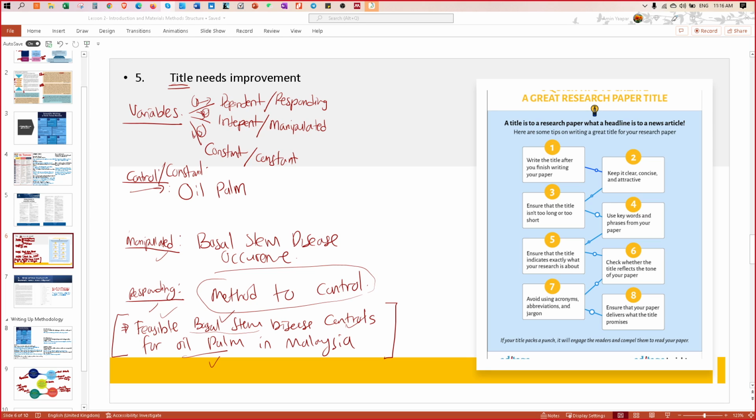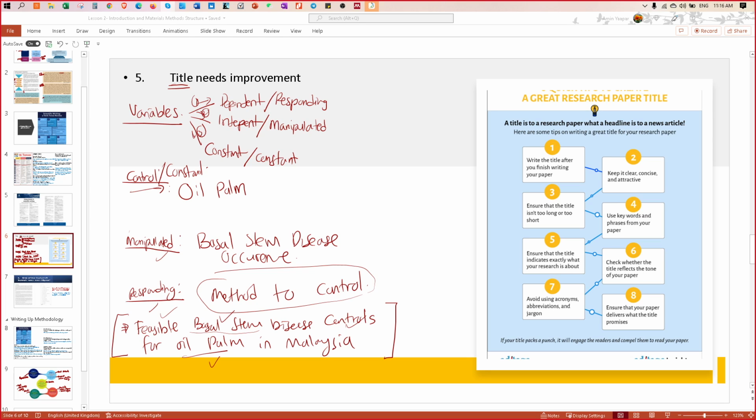I propose the DV is soil type, and the IV is the yield. Yield means in terms of average bunch weight, number of bunches, and also the annual yield per hectare. So your constant variable is your oil palm.